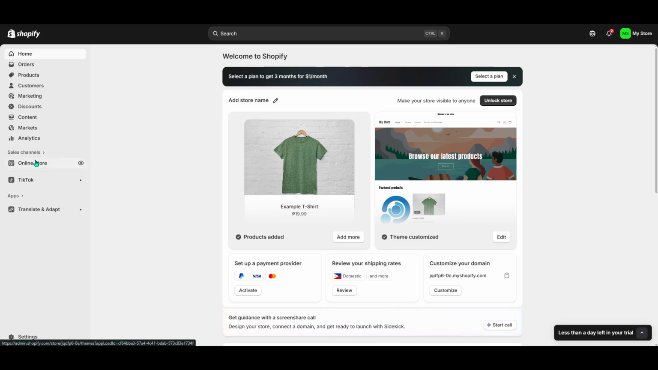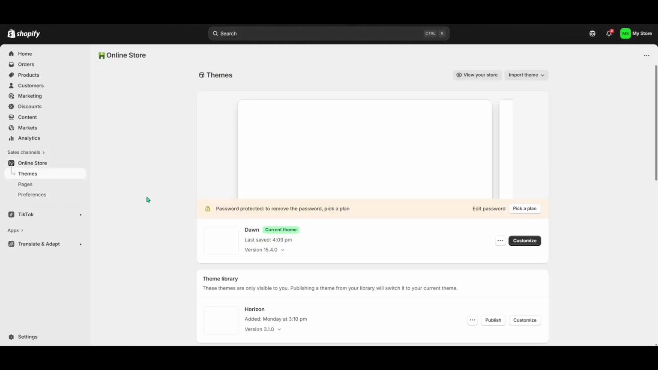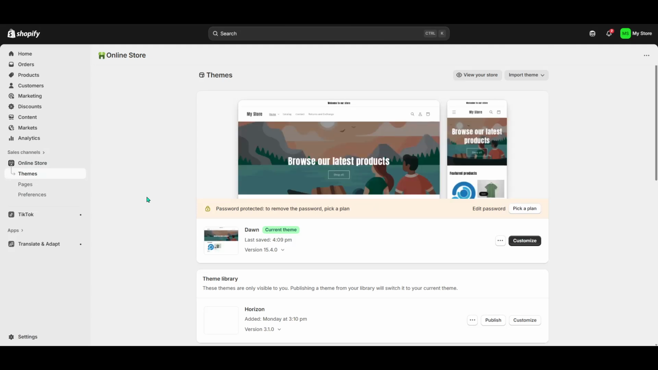Once you're there, direct your attention to the left side of the screen where you'll find a variety of options. Click on Online Store. This is your gateway to managing all the visual aspects of your Shopify site. After clicking on Online Store, a drop-down menu will appear. From this menu, you'll need to select Themes. This section is specifically designed for everything related to your store's look and feel, so it's the perfect place to